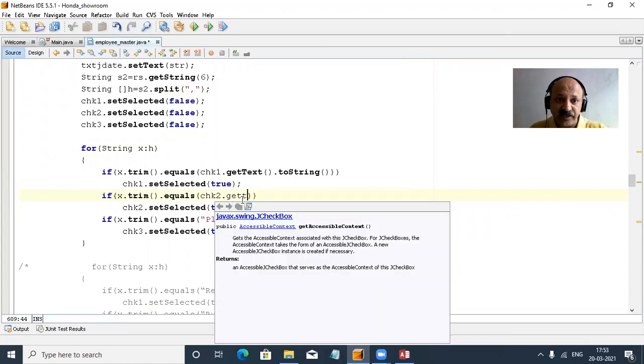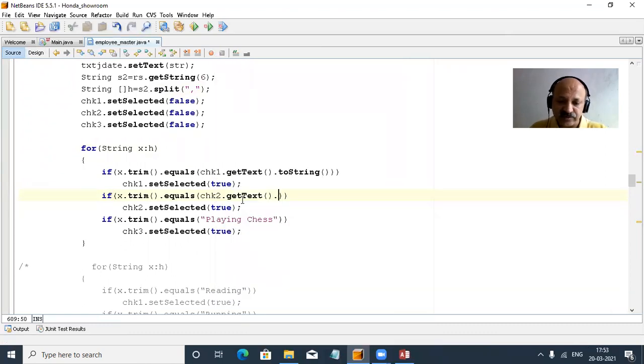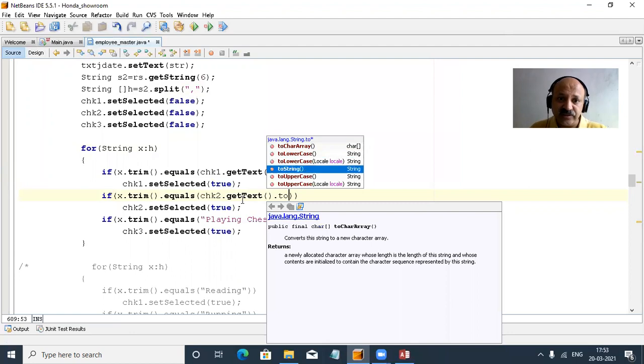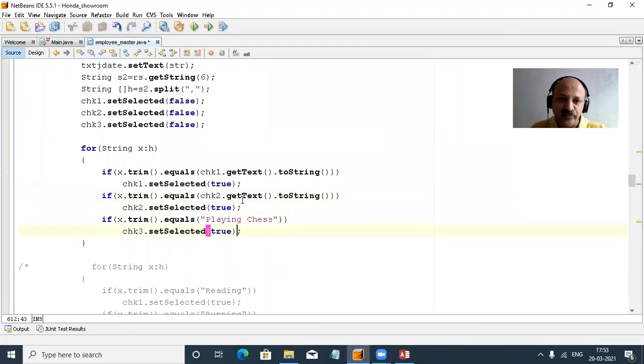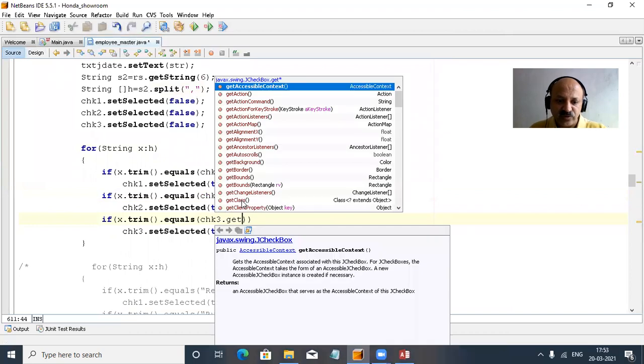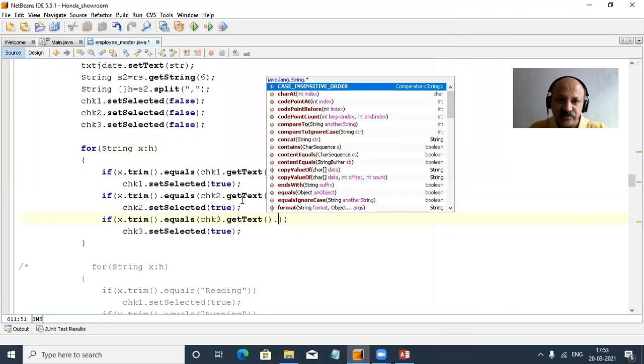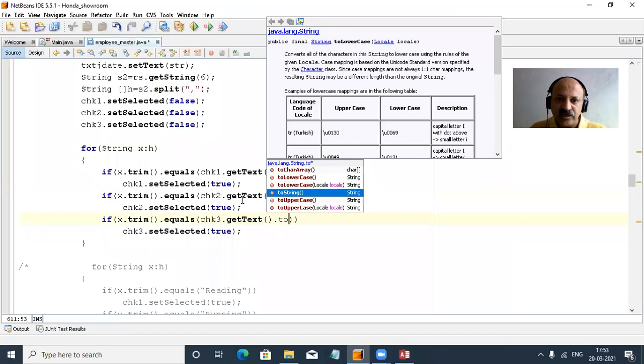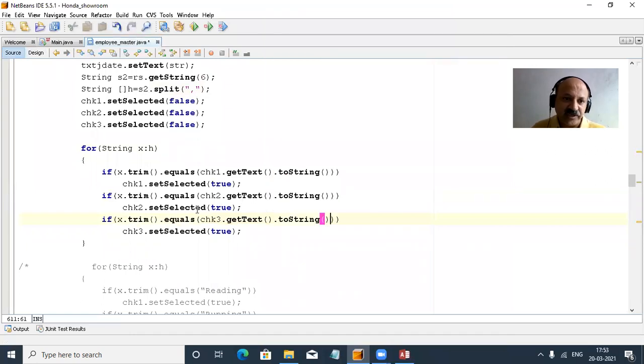Let us first apply this coding. So both work. Yes, toString previously I could not apply, now I can give. So let us see, chk3 and get text. Yes, so get text and string. Yes, so that is perfect. So let us first check whether that works or not.